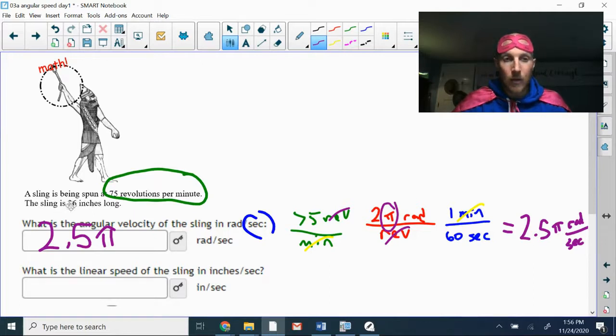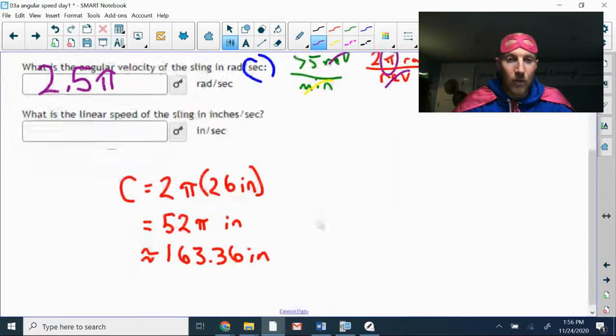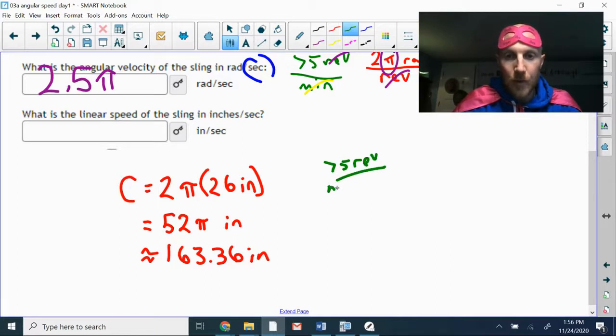I need to use this radius. It says the sling is 26 inches long, so I calculated the circumference, 2 times pi times 26, or 52 pi inches. It's approximately 163.36 inches in this case. So that's going to be part of my conversion factor. So I'm going to take the 75 revolutions per minute. I'm going to multiply it by this conversion factor,